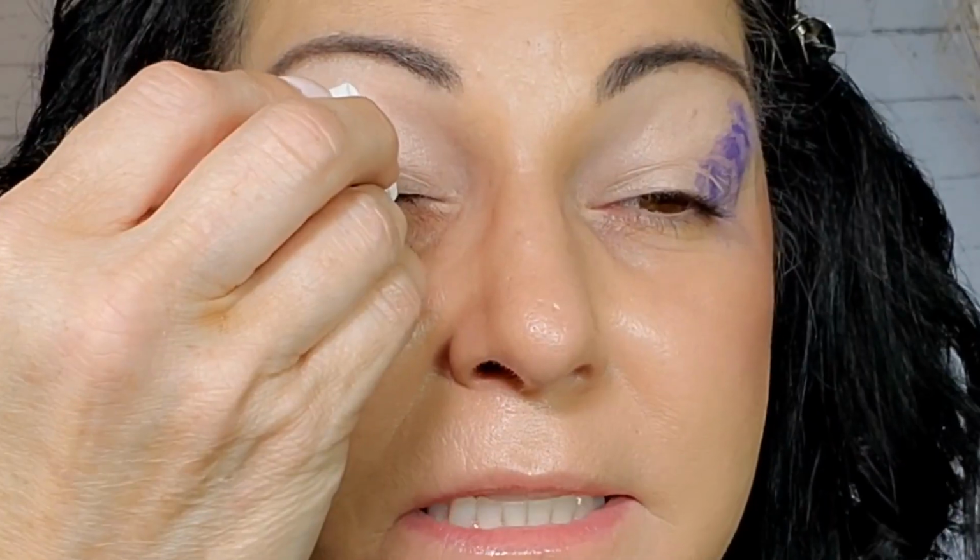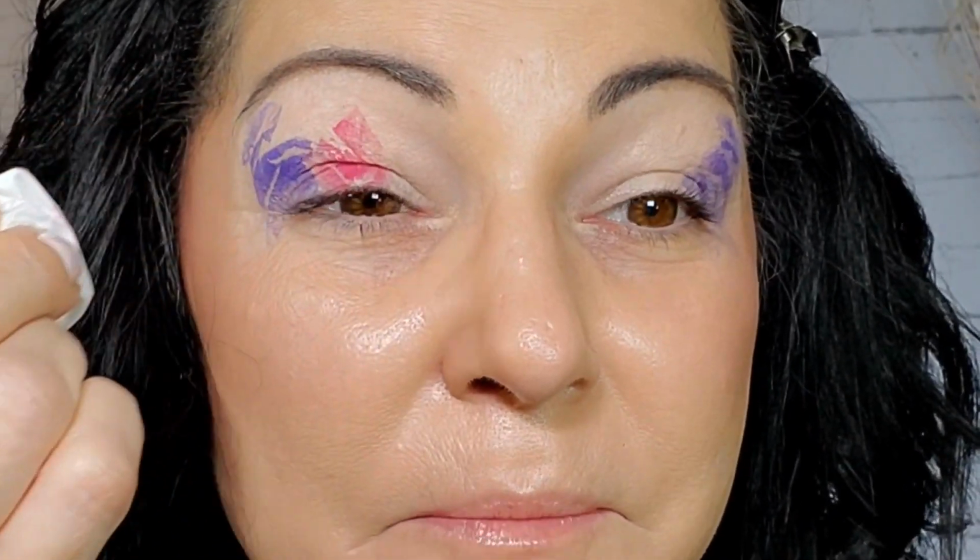Okay, so now I am going to go in with the pink shade. I think this will be fun. Again, I've just kind of wadded up a new tissue. I'm sure I could have used the other one, but I'm not going to be that cheap, you guys. And I'm going in with a pretty generous amount. I'm going to pinch it just a little bit more because I want this in the center. Okay then, and again on the other side,